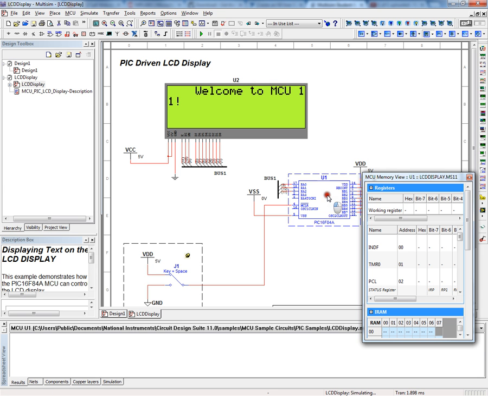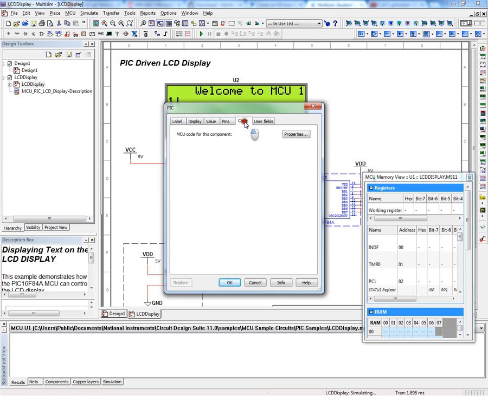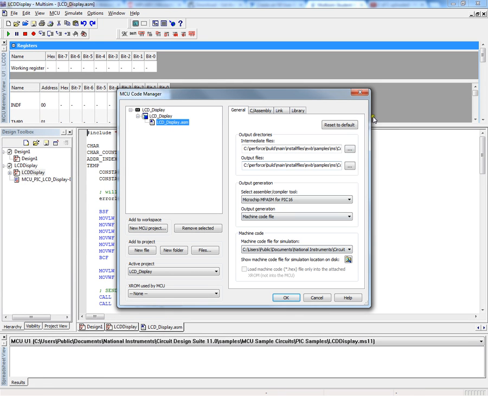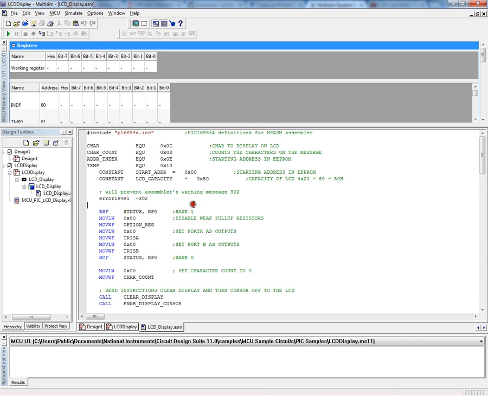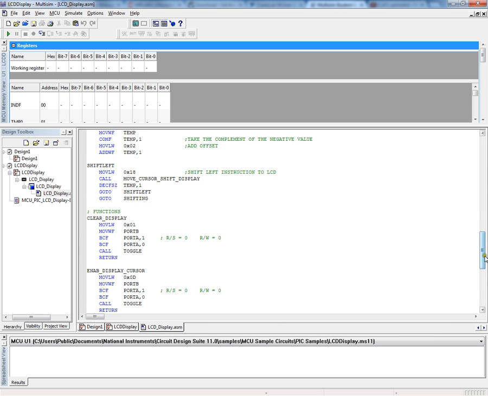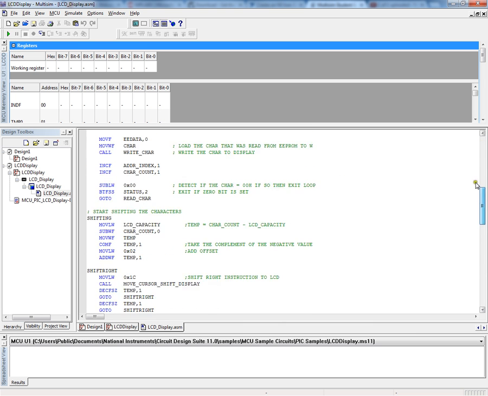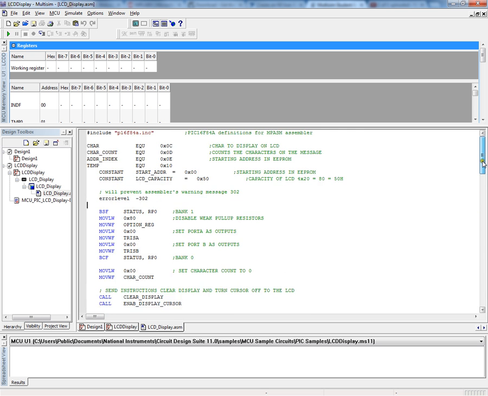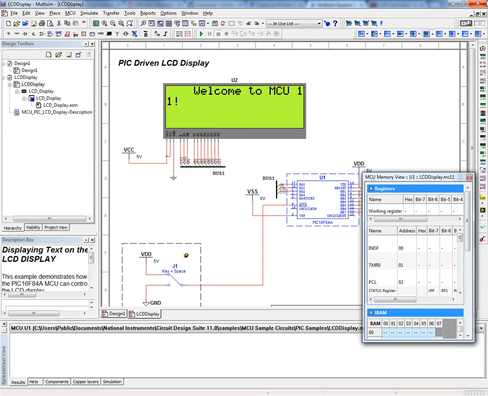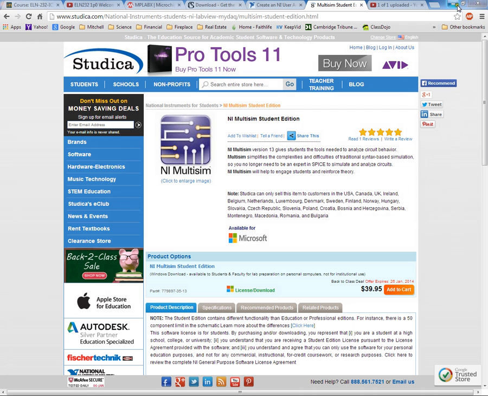If you want to get to the code, you can double click the part and go to code and go to properties, and then you can double click on the assembly file and then you have this code here. I've actually used this code. I think there's a small change that I do have that in my files if you need that. But this is the code that will make that work. Okay, so that's Multisim,